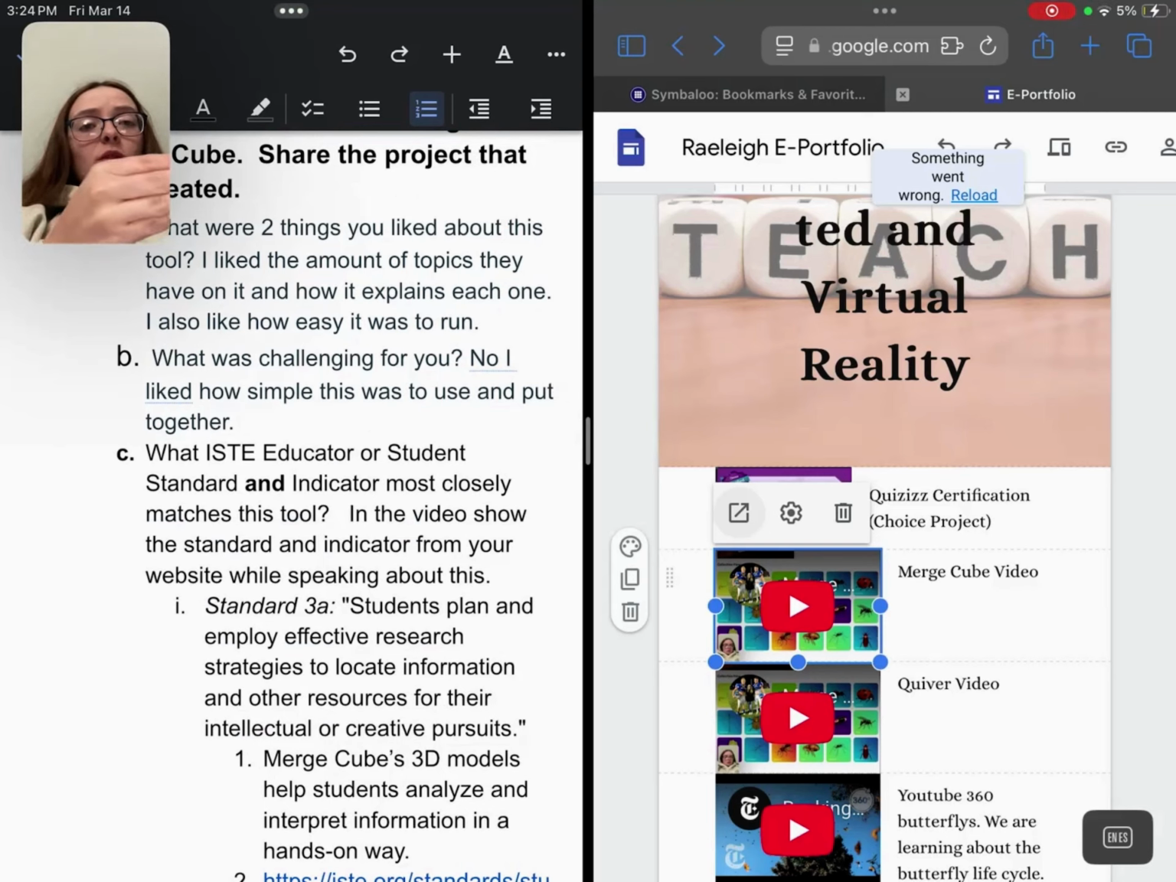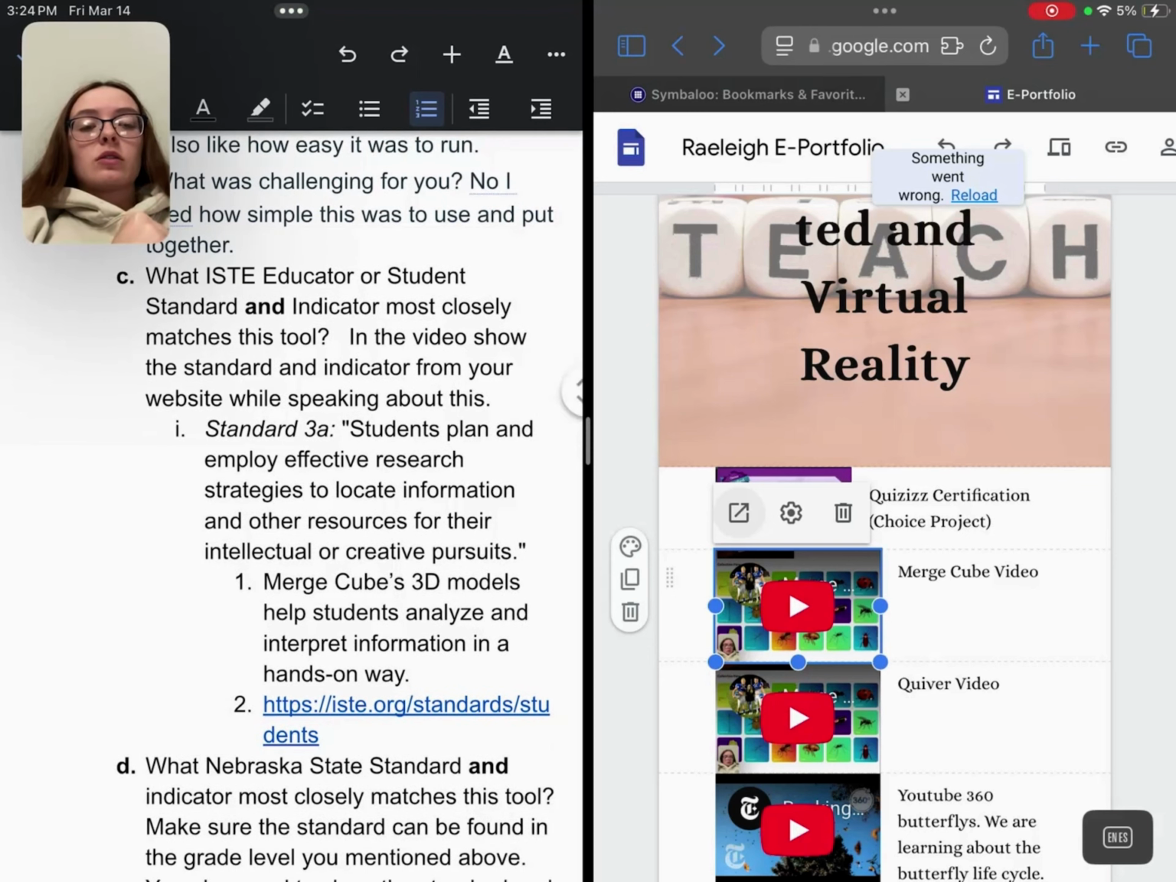Really simple to put together, really easy to use as well. The ISTE standard that I thought that it met was standard 3A. Students plan and employ effective research strategies to locate information. So they're using the cube, they're putting it together, they're planning on which one they want. They might do research and see if they have all their parts, and they can also double check themselves with